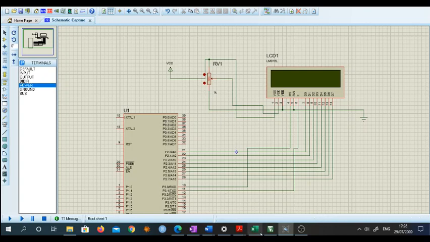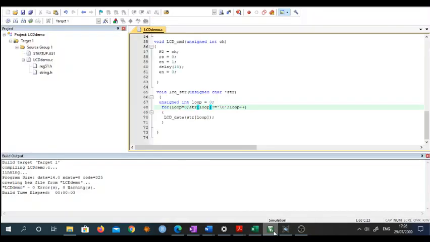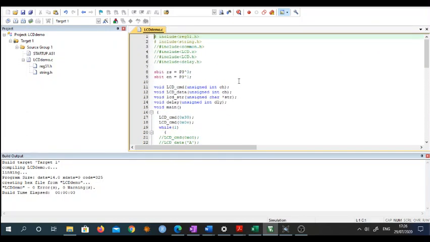Now let us quickly go to the Keil environment, wherein we have written one program to explain how LCD is interfaced. So this is initialization, include reg51.h. This is a header file because all the libraries are there in this particular file, so that's why we are using this reg51.h. The string file we are using because we are handling various characters and strings in this program, so that's why we are using the string related header file also.